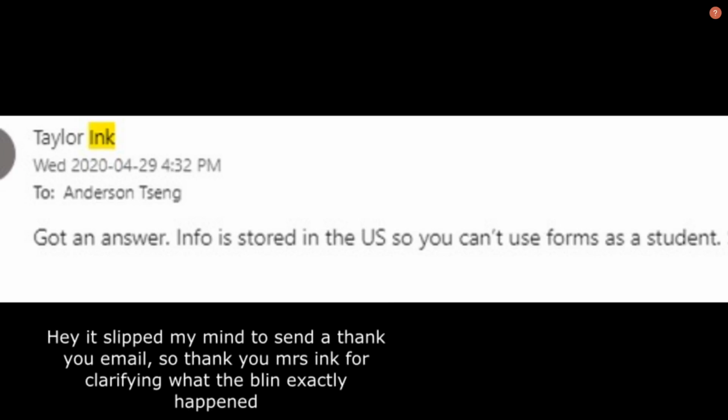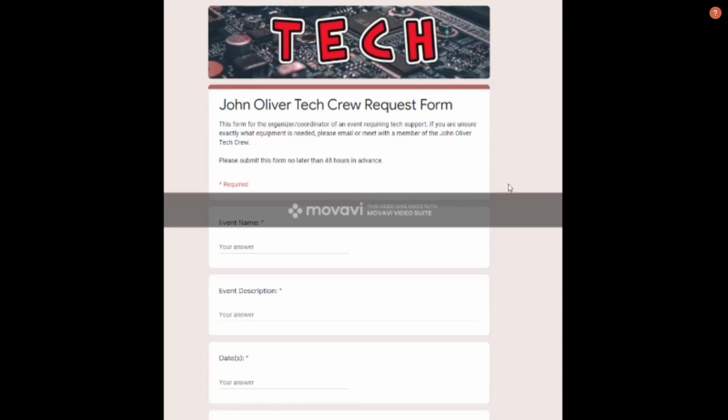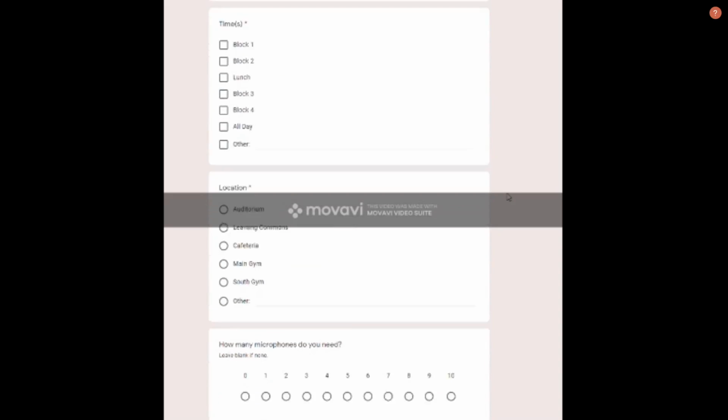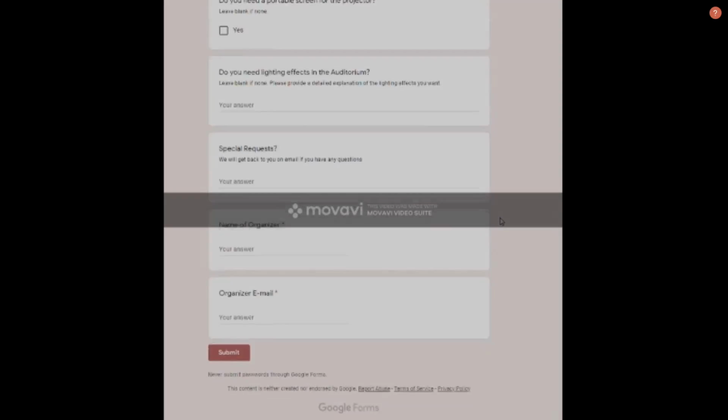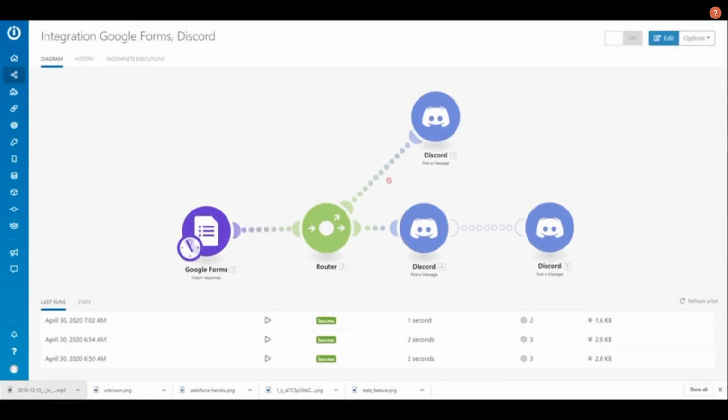The almighty VSB disabled Microsoft Forms for students because the servers were on US land. Well, that's fair. It ruined my progress and it honestly sapped my motivation. A few weeks later, I moved to Google Forms. There were a few other websites for forms, but I felt that Google was probably the best idea as a second choice. I replaced Power Automate with a third-party service called Integromat, which has a free plan, and promptly ran